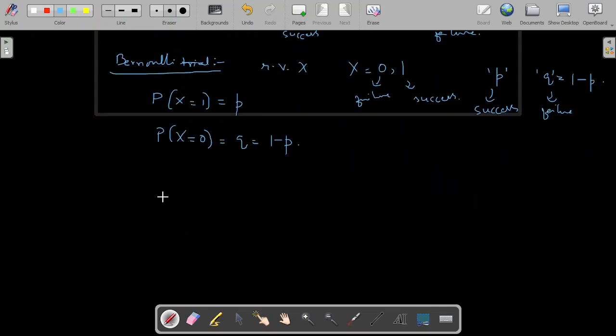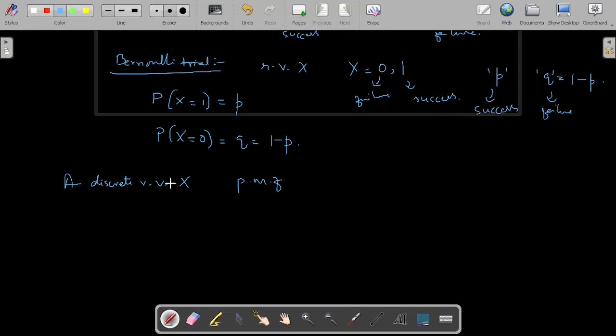A discrete random variable X is said to follow the Bernoulli distribution with the parameter p if its probability mass function, p.m.f., is given by